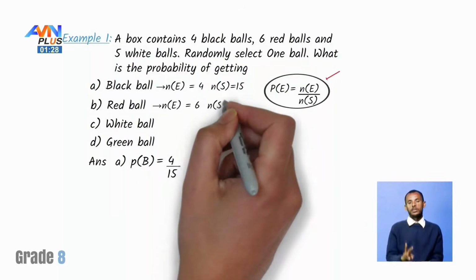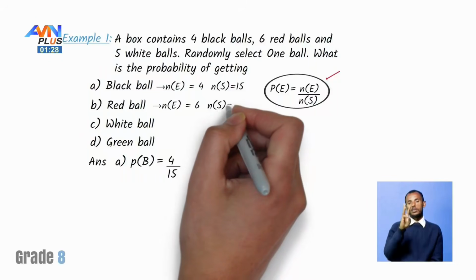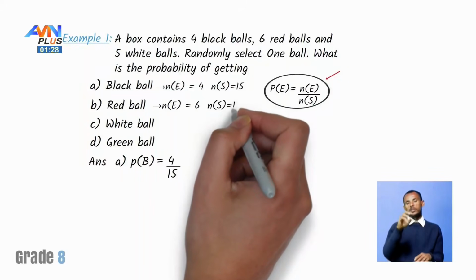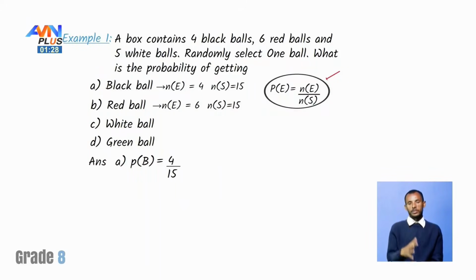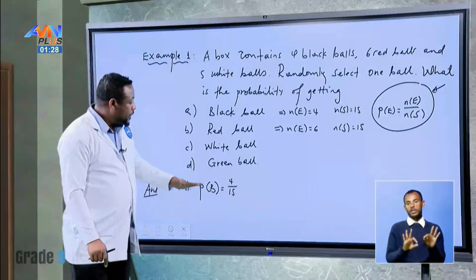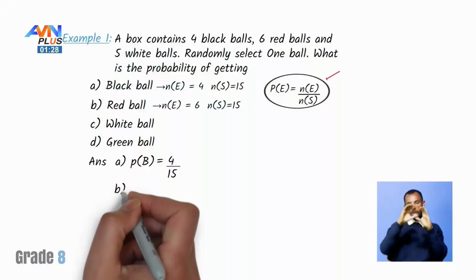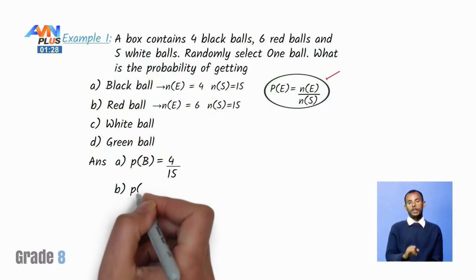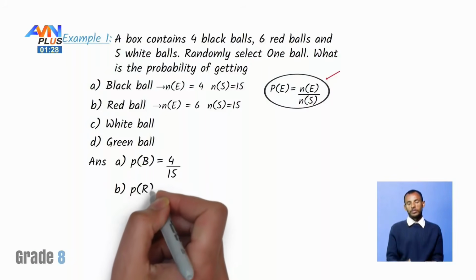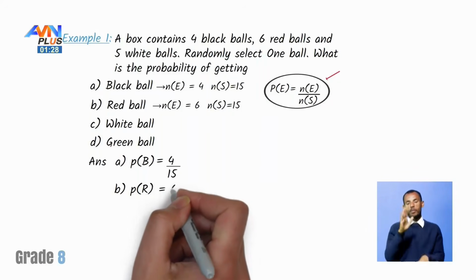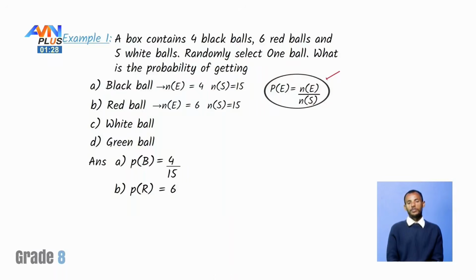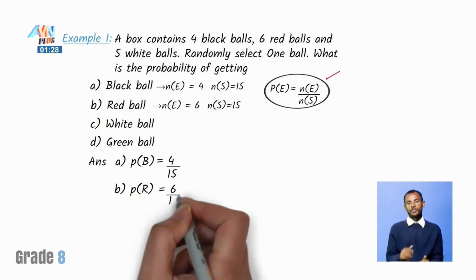So N of E will take 6. And N of S in all cases is 15, okay, the number of sample space is 15. So the answer for B part is about the probability of obtaining red ball. So probability of red ball is equal to 6 over